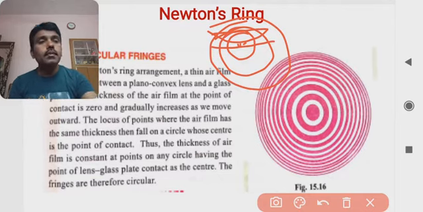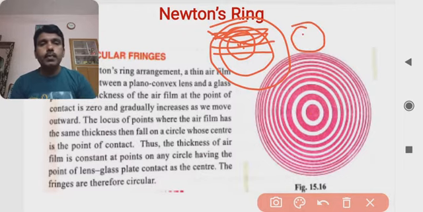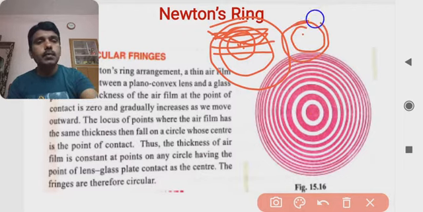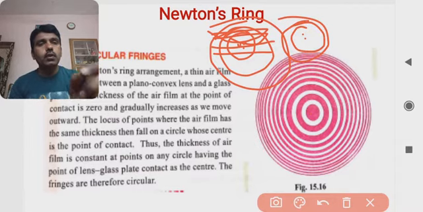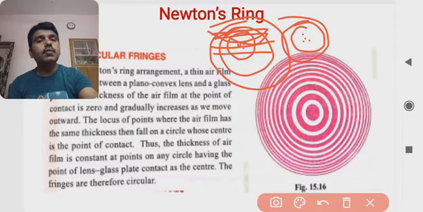आउटपुट ॲज अ डार्क आणि ब्राईट फ्रिंजेस ऑफ द रिंग्स will be there. Why is it there? Because the point of contact is a single point, meaning this particular plano convex lens and the plane glass plate have a point contact, and due to that point contact the fringes will occur in a round shape. सर्क्युलर शेपमध्ये फ्रिंजेस काय मिळतात कारण तिथं जो काही पॉईंट कॉन्टॅक्ट आहे तो एक पॉईंट असल्यामुळे, म्हणजे ग्लास प्लेटच्या एअर फिल्मच्या पॉईंट कॉन्टॅक्ट असल्यामुळे मिळणारे जे काही फ्रिंजेस आहेत ते राऊंड किंवा सर्क्युलर शेपमध्ये मिळतात.